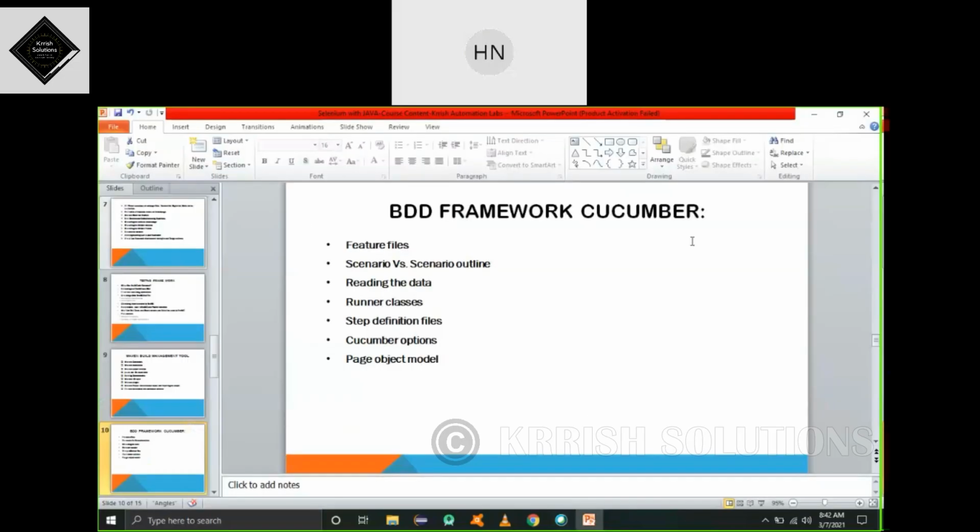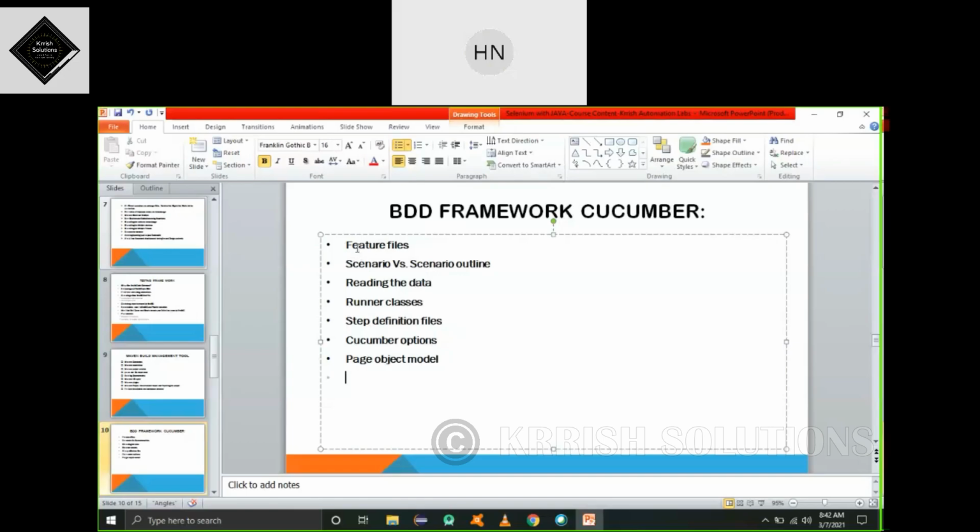Okay. So coming to the BDD framework, what they want to know is, on a high level, what your test script is doing. That is the reason the BDD framework came into the picture. If I show the direct Java code to any business people, they can't understand my Java programming code because they don't know Java.